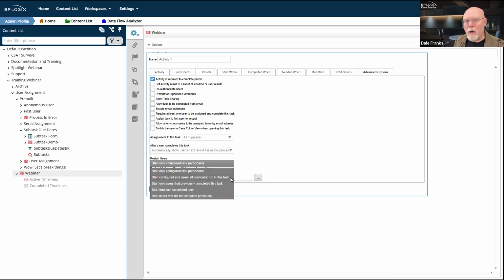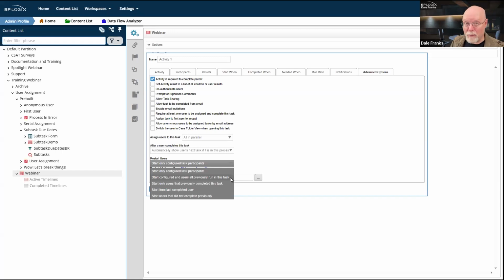So, do we want to go back and have all the people who previously ran the task, as well as whoever is currently configured? Do we want to go back and have those three original people review the same task over again? Now, if I have changed the last two people in the task, then obviously two new people will see it, but I still want the original three who saw it the first time to review it.